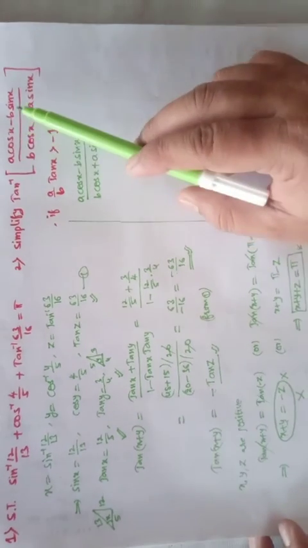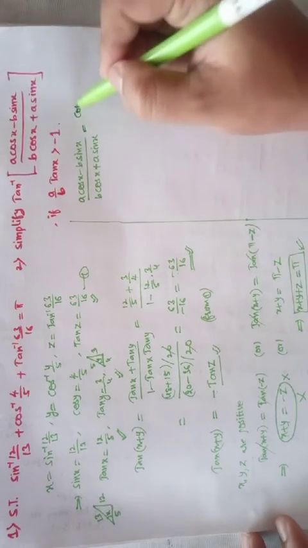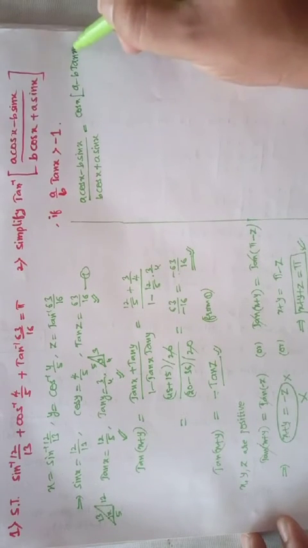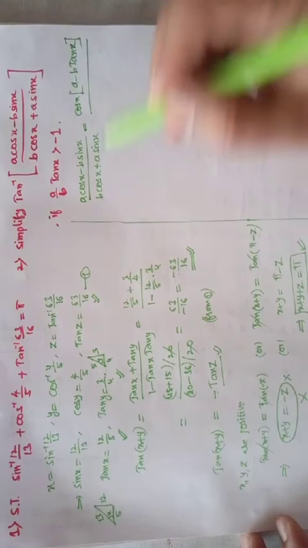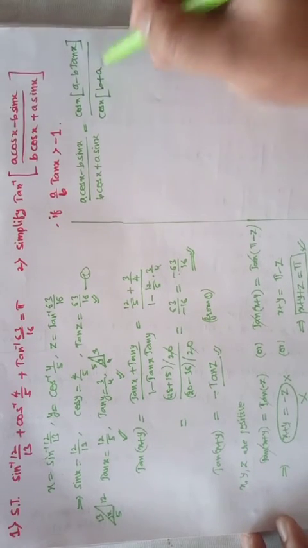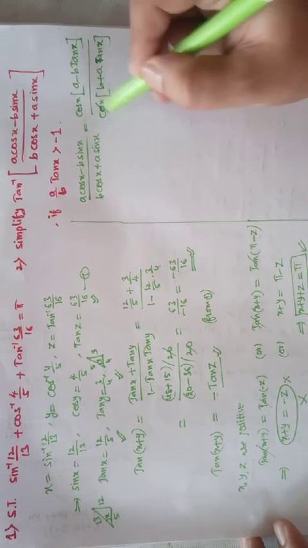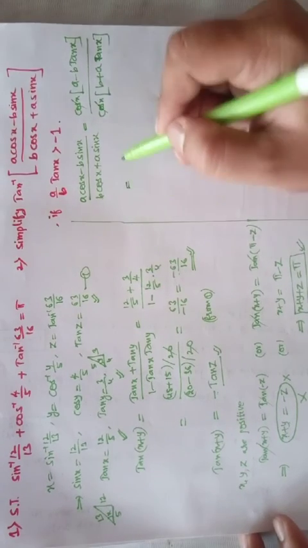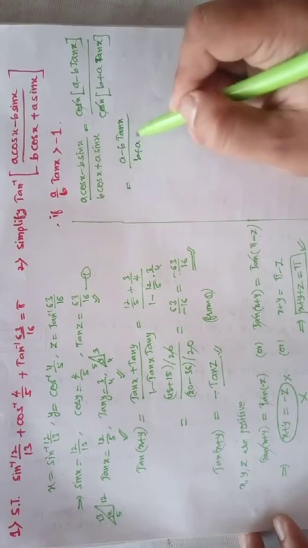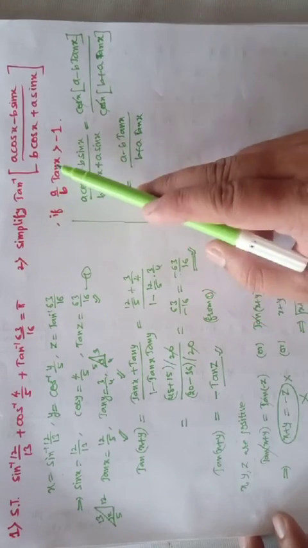Taking this middle one, a cos x minus b sin x by b cos x plus a sin x. Take cos x out from both. Then it will become a minus b sin x by cos x, which will become tan x, by b plus a sin x by cos x, which will become tan x. Then this cos x and cos x both will cancel. So it can be taken as a minus b tan x by b plus a tan x. And in the question it is given a by b tan x.